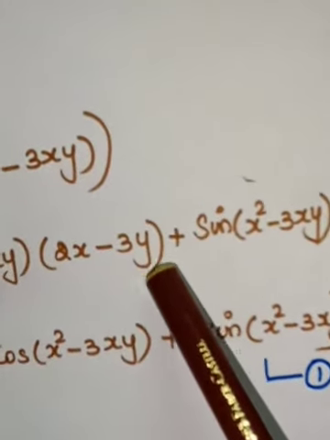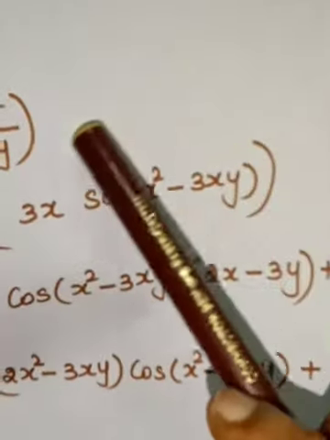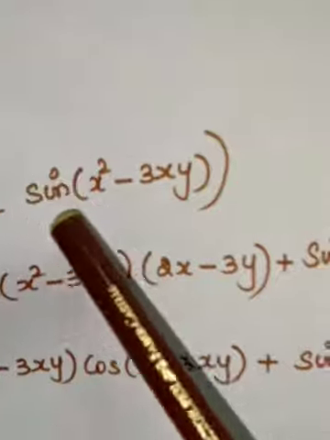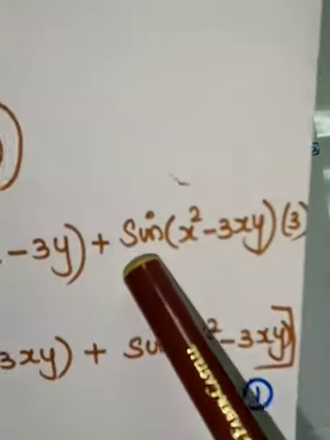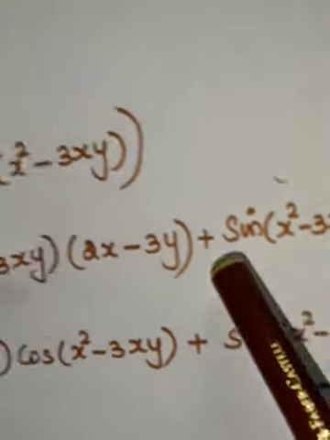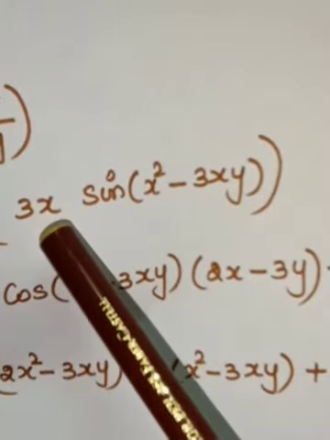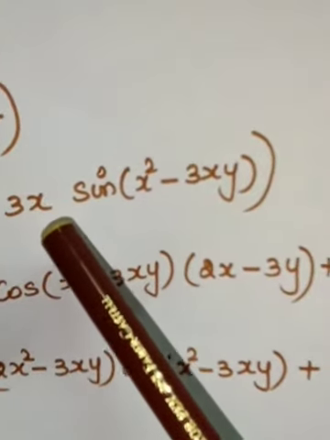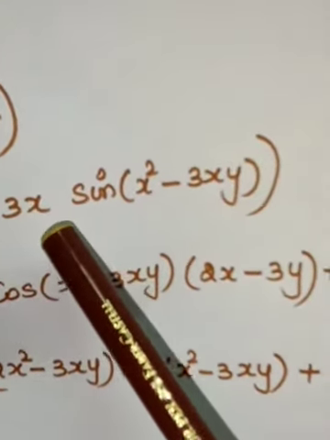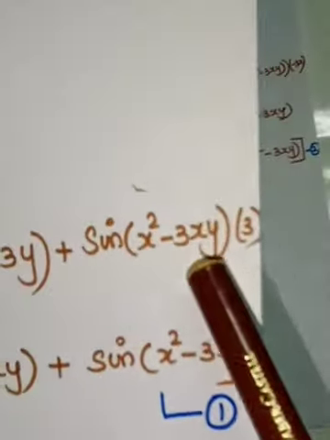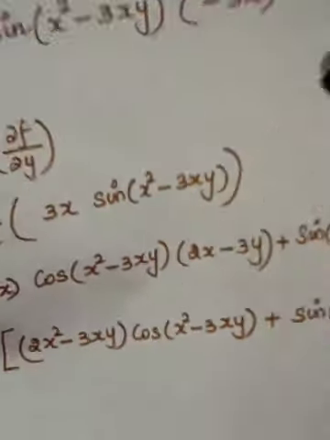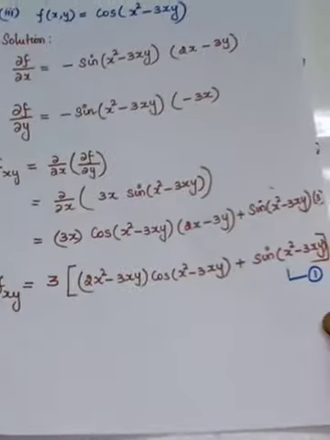Okay. So next what you have to do? This v term has to be written as it is. You look at this, I have written it as it is. Next one, which one has to be differentiated? 3x. 3x has to be differentiated partially with respect to x. So therefore your answer is 3. Okay, so it has to be simplified.